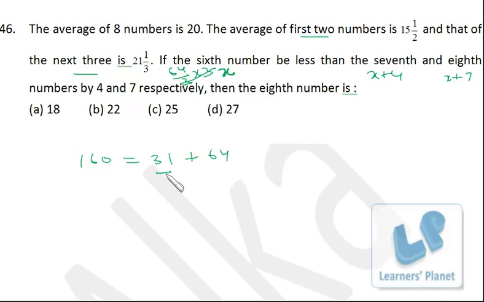So this is the total of the first two numbers. This is the total of the next three numbers, that is five numbers, and then the sixth number, seventh number and eighth number, right? So the problem becomes very simple now. You have to find out the value of x, and x plus 7 is your answer. So here it is 1 plus 4 is 5, and 4 is 9, and 7 is 16, 1 and 3 is 4, and 6, 10.